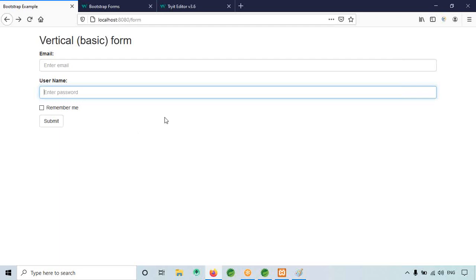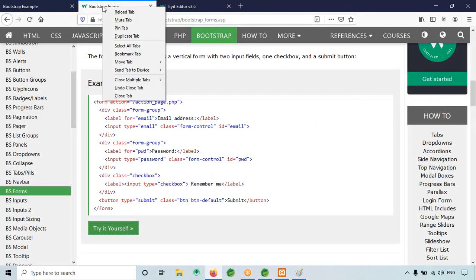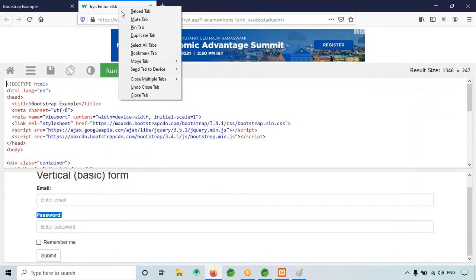So now what we have to do is add the dependencies. To write the validations, we have to add the dependencies. For that, let me close this tab as well.